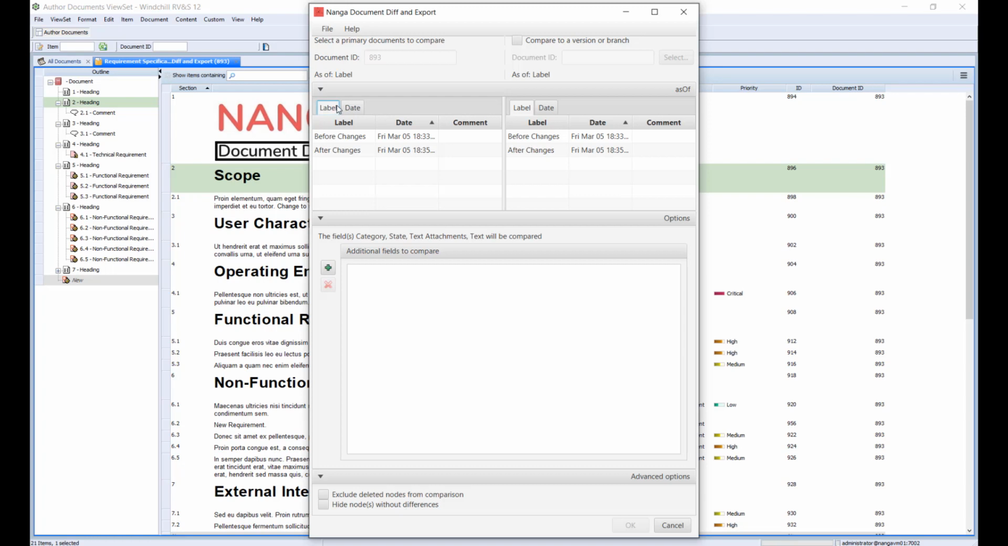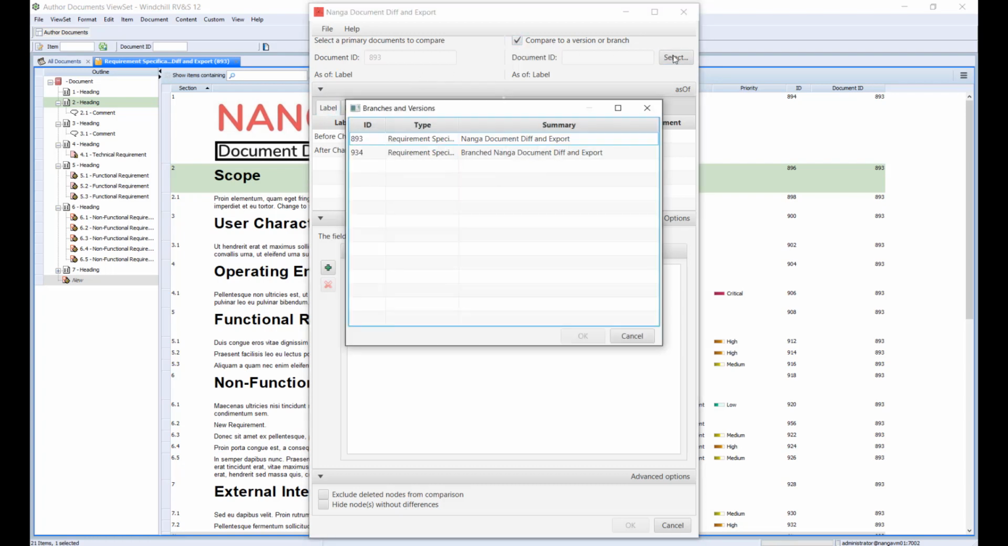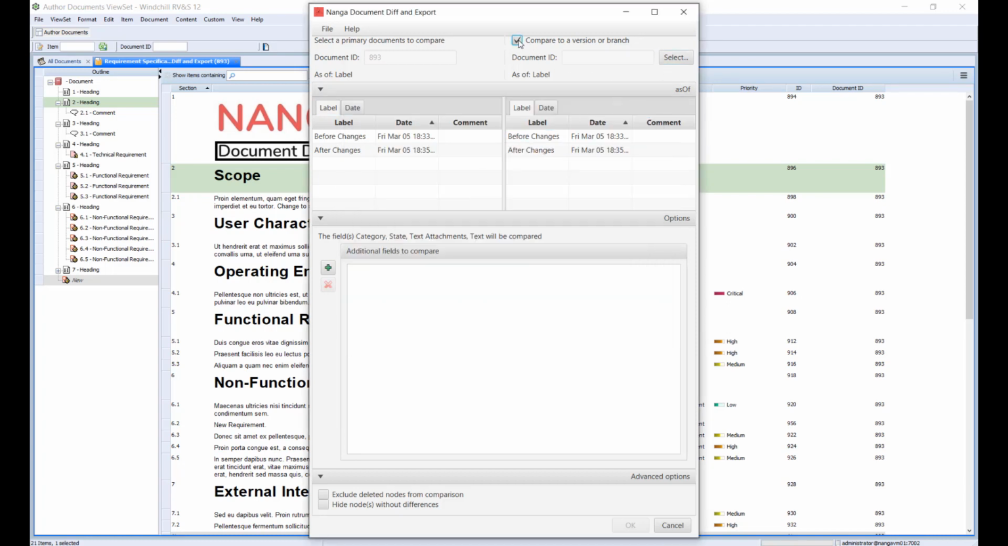Using the checkbox Compare to a version or branch, we can also select a different version or branch of the document to compare with. In our example, we'll select the baseline taken before the changes on the left, and on the right the baseline